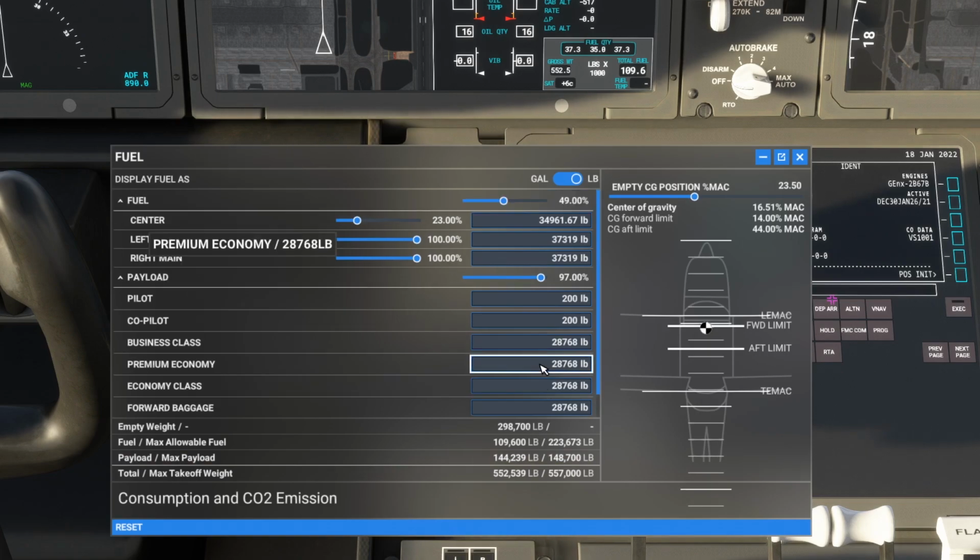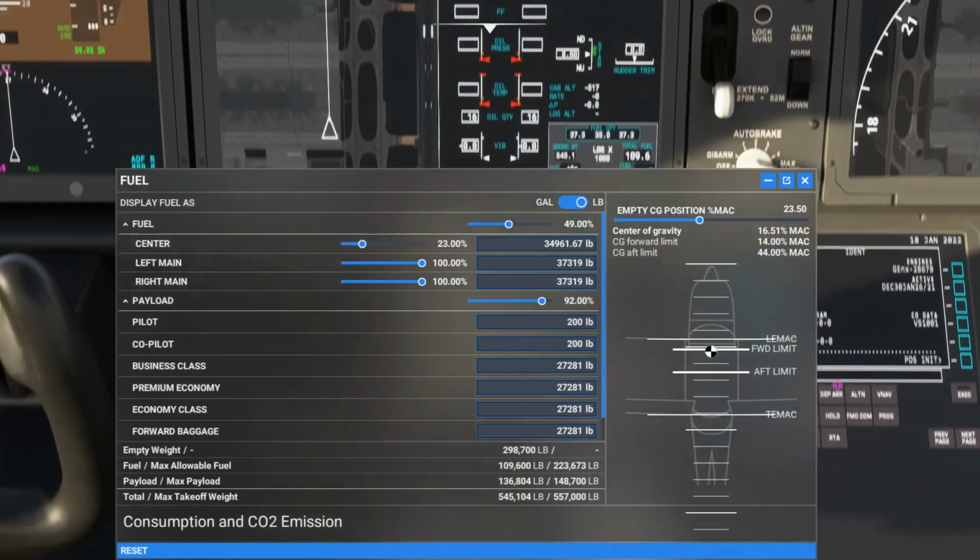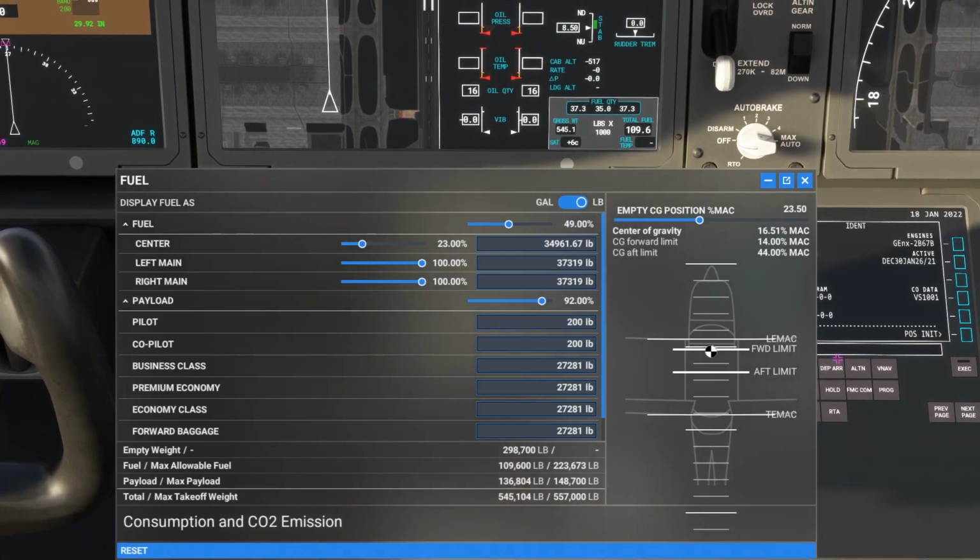I can also keep it like this, okay? And I can also reduce it. So the gross weight is also changing if you look at over here, okay? In the ECAM, okay. No, I have to set it like this, okay. So first of all,